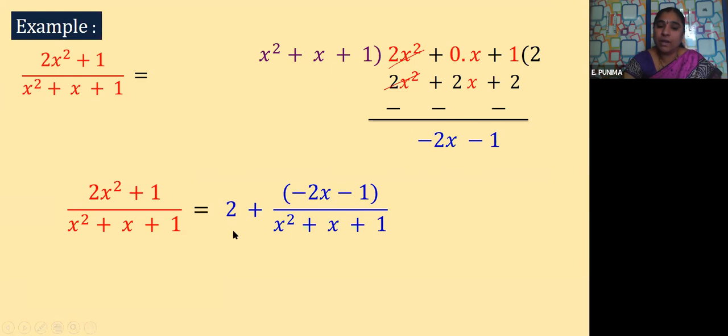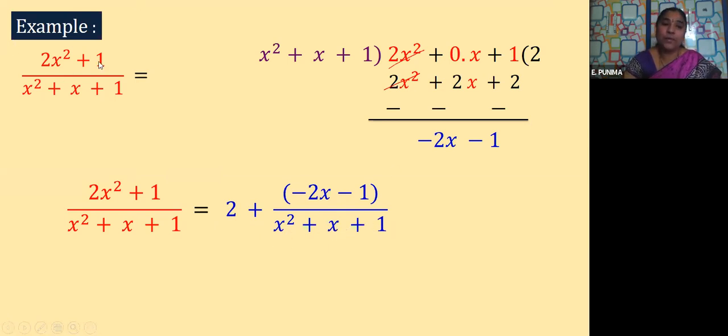So now here it is our constant k. According to our previous statement, it is our constant k, which is our quotient, and it is our R of x, which is the numerator in this proper fraction, because the degree is 1, and here the degree is 2. Degree of numerator is less than degree of denominator. So it has become a proper fraction. So what is our statement now? F of x by g of x is equal to k, here in our case 2, plus R of x by g of x. R of x is our remainder and g of x is our divisor. Is it clear, children?